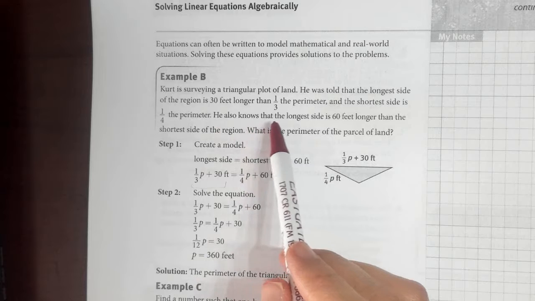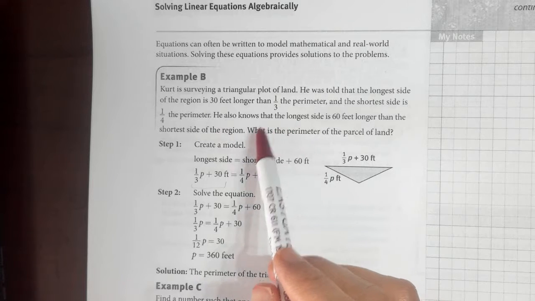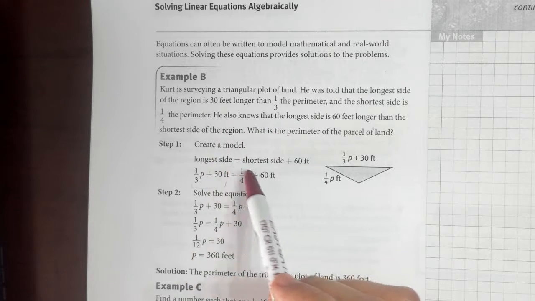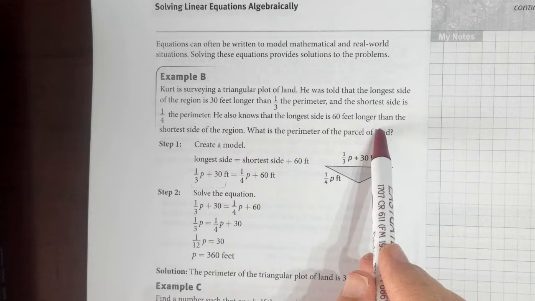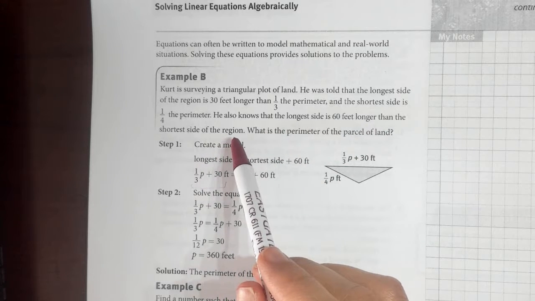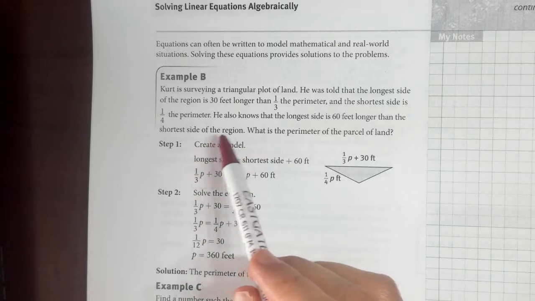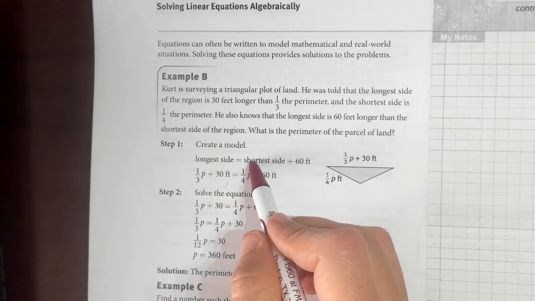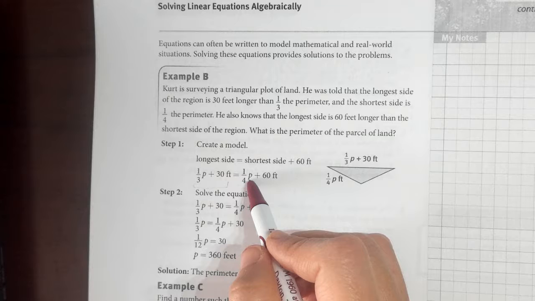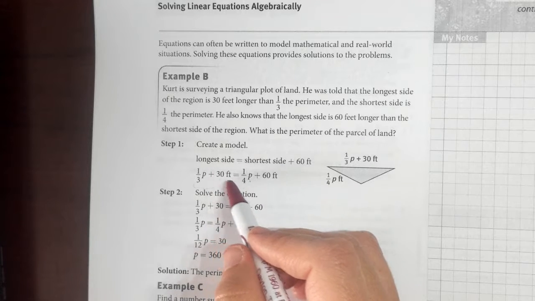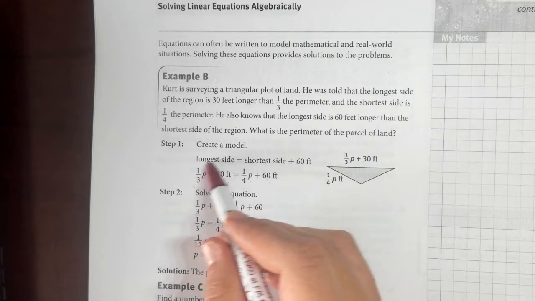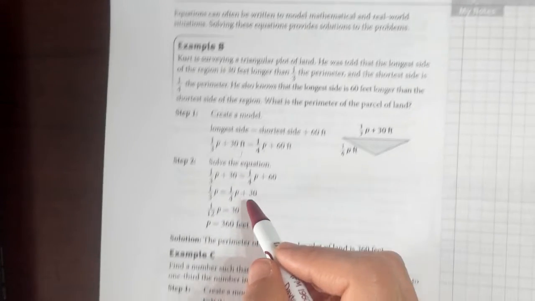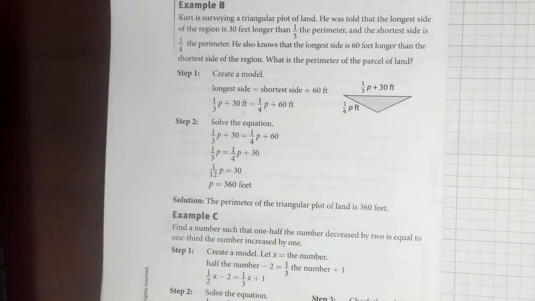He also knows that the longest side is 60 feet longer than the shortest side of the region. So the shortest side was 1/4 the perimeter, and the longest side is 60 more than the shortest side. So combine all that together, you get this equation. You solve it just like we did before. Okay,